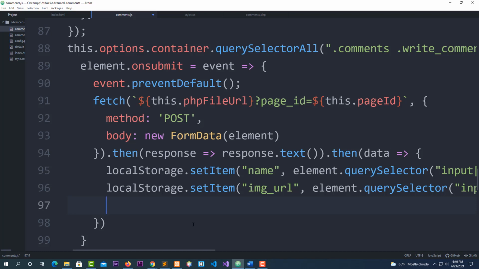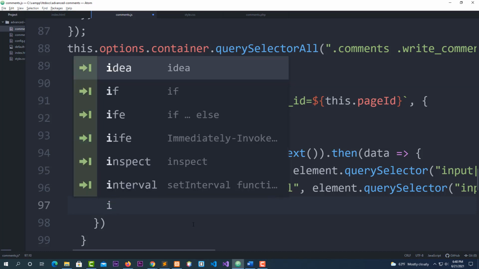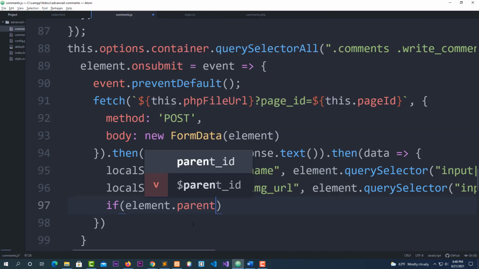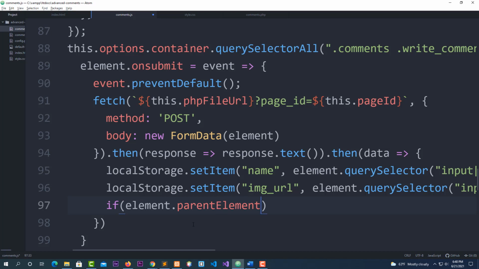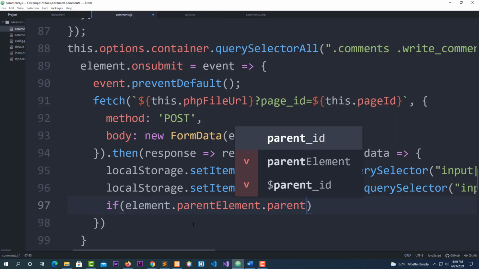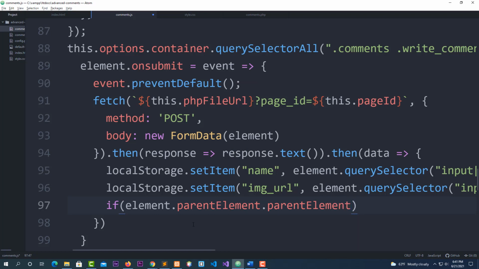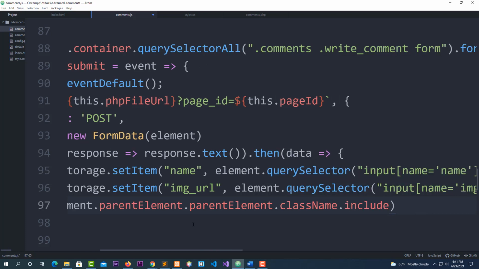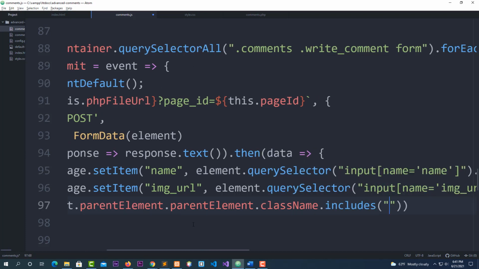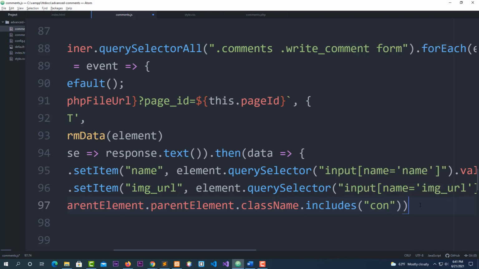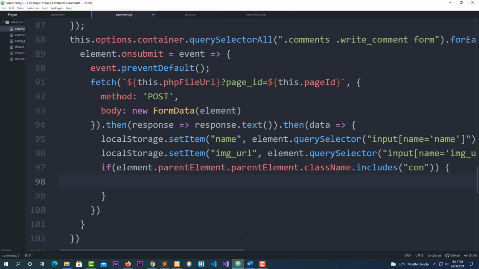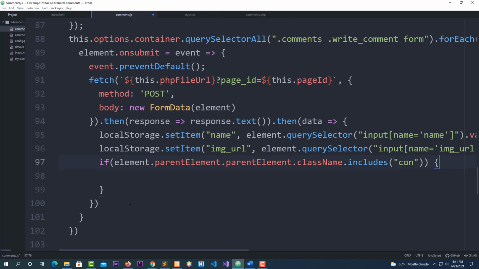Now this is where I'm going to use an if statement. I'm going to say if, okay, if element dot parent element dot parent element again dot class name dot includes parentheses double quote con, okay, as if, put it back. Okay, let me do this so that you can see what I'm doing. Okay, now